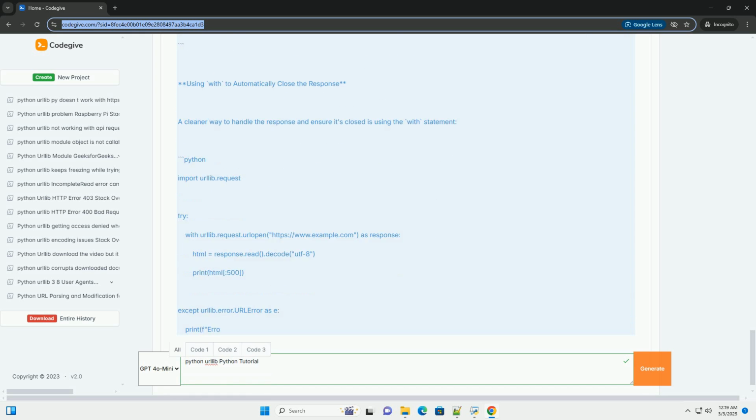5. urllib.robotparser module: robot exclusion. The urllib.robotparser module is used to parse robots.txt files. Robots.txt is a file that website owners use to tell web crawlers, or bots, which parts of their site they should not access. Checking robots.txt. Explanation: